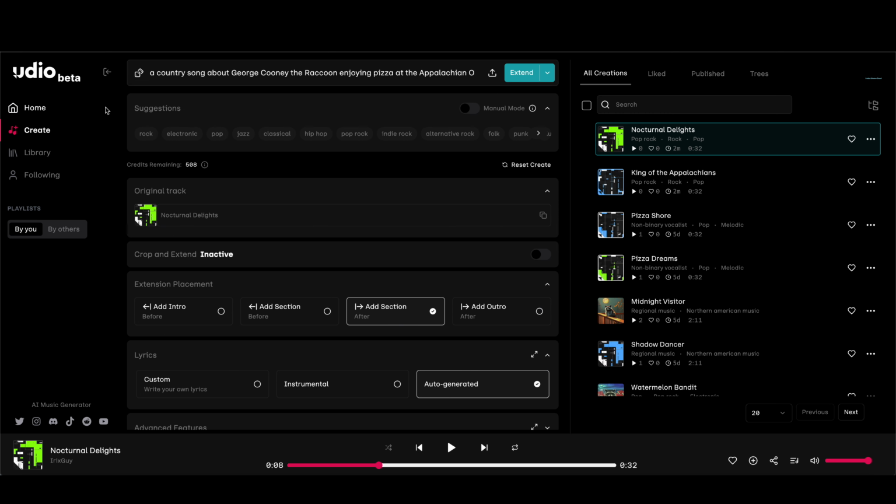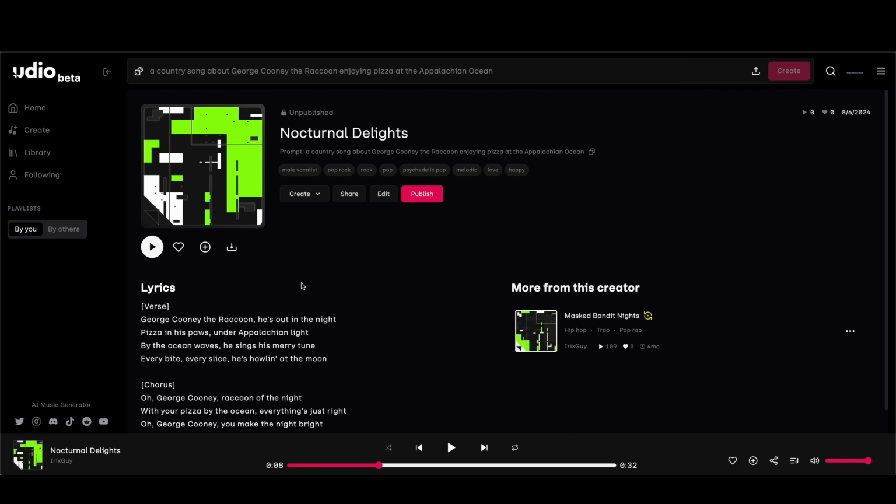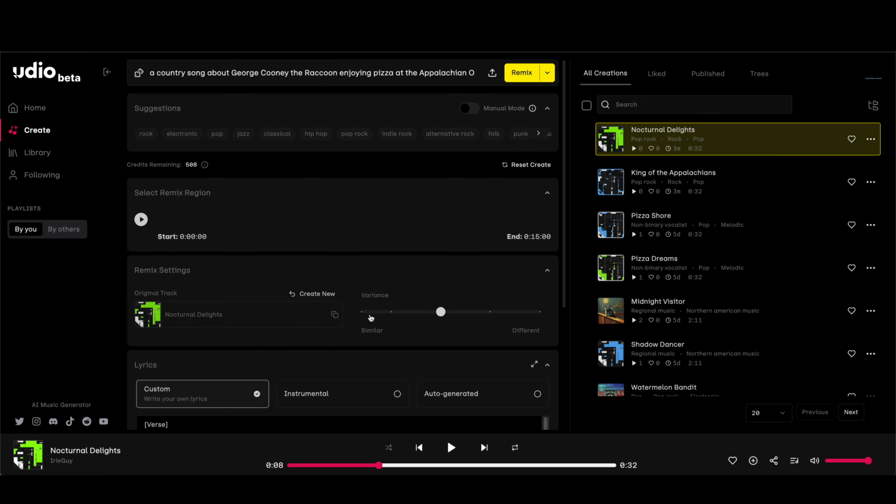So this is one way, if you go with this technology like I used, instead of the 2-minute and 10-second one, you can still extend this. And likewise, if you go into remix, you can,